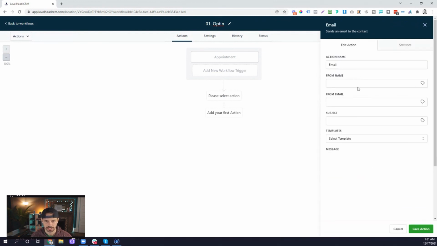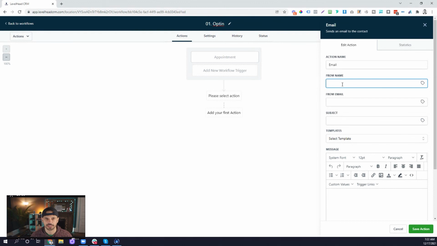So here's the example of the email that I was talking about. We talked about the overarching email that's in the settings area, and you can come in here and override that in each individual email by giving this a from name or a from email. And we can also use custom values in these areas. So I wanted it to be from location name, which is the actual company that's assigned to this particular account. And then I can do